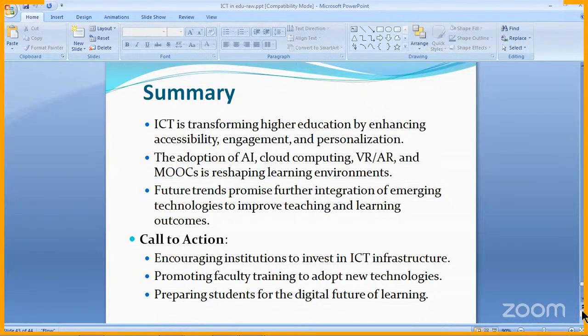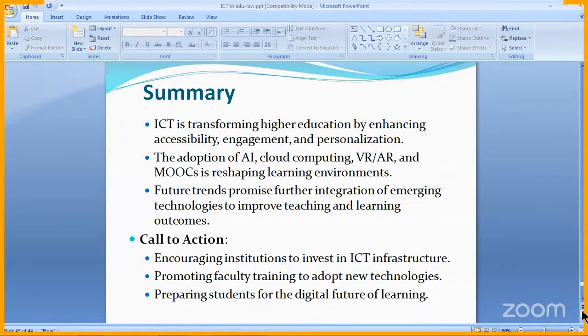Then the adoption of AI, cloud computing, virtual reality, augmented reality, and massive open online courseware is reshaping the learning environment these days. The entire system is changing from classroom education to out-of-classroom education also.